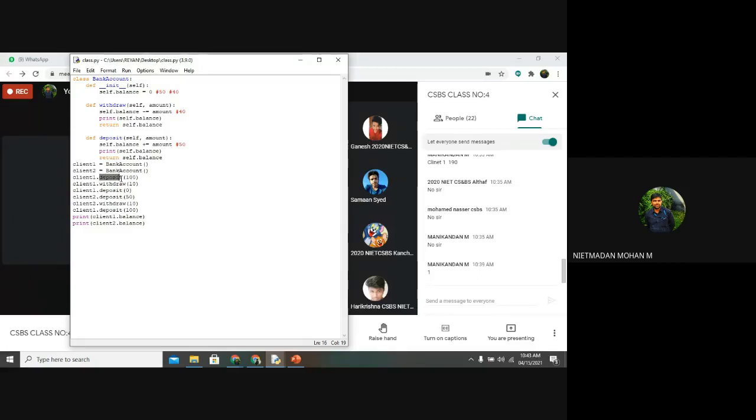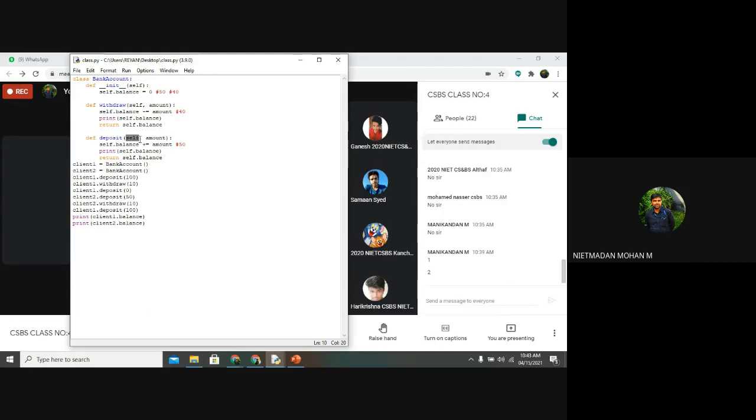So it will go to the deposit function. How many arguments are here? 2 arguments. It means that self is a mandatory argument. This self argument will get into the init function value. So here we are giving print of self dot balance. It will go to the init function also when you access a function inside the class. So this self argument needs to be used in your program. It is a mandatory thing.